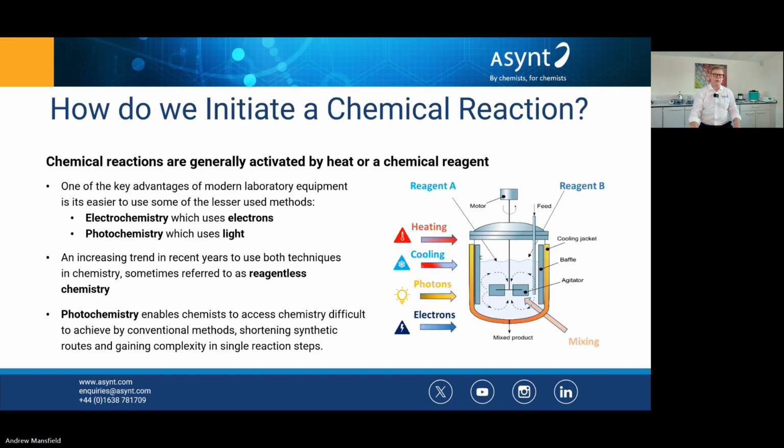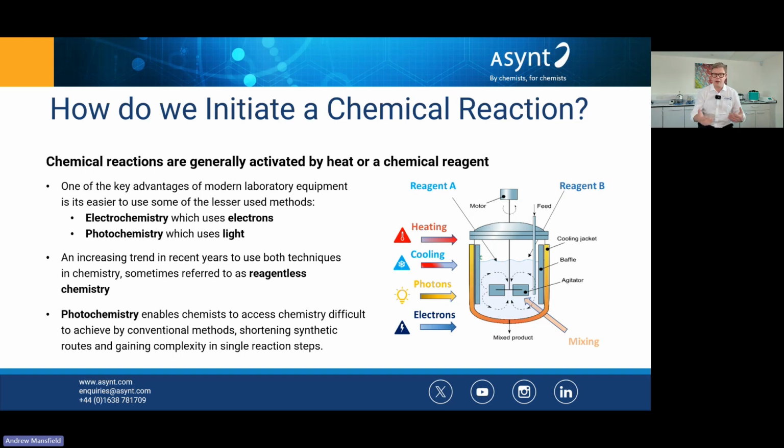So how do we initiate a chemical reaction? Well, hopefully I have enough chemists attending today that we all know how we can initiate our chemistry. We can do this generally thermally, or by a chemical reagent, but there are techniques that have been underused over the years, and that's really been from the ease of use for the equipment setup, that inertia of finding the right apparatus and being able to carry out these lesser known chemistry methods safely and reliably and